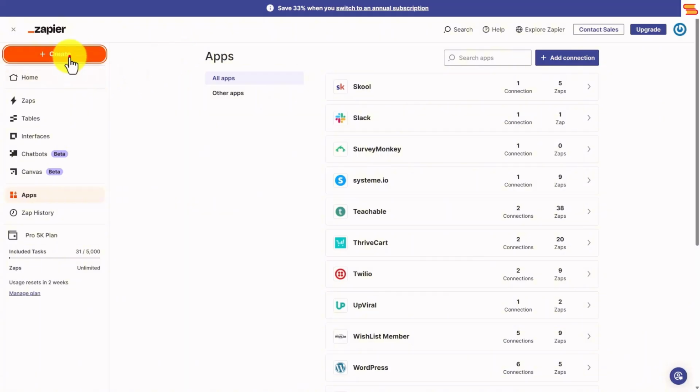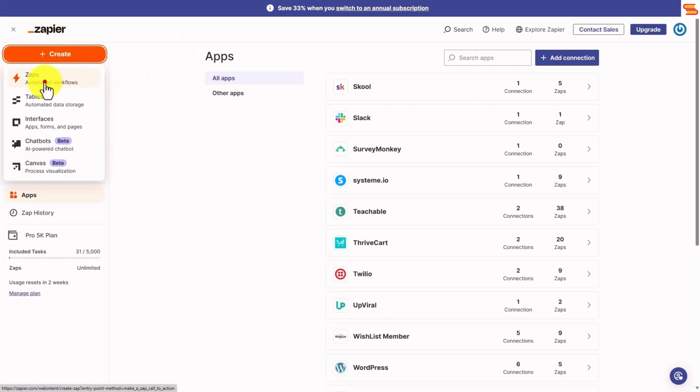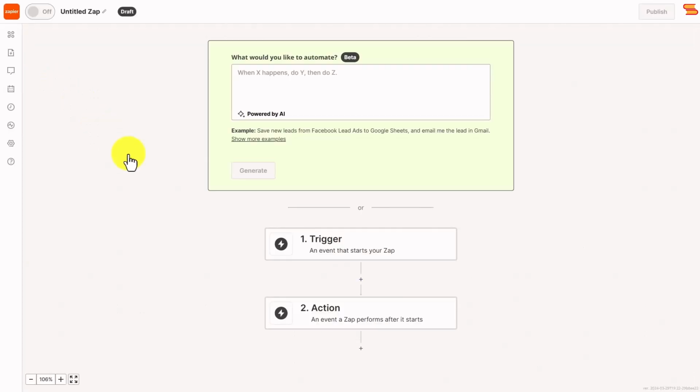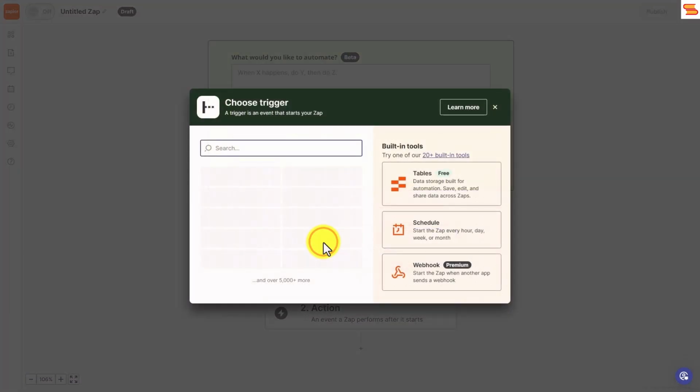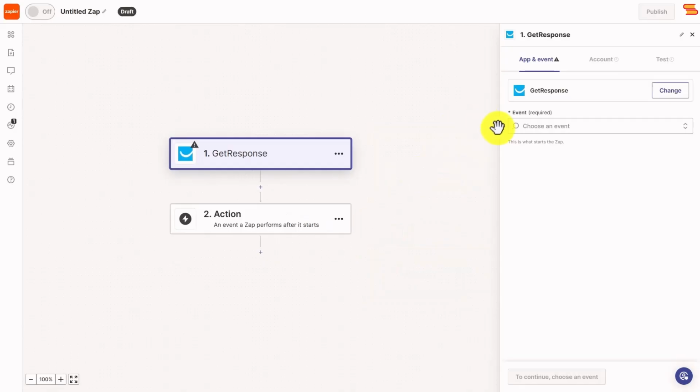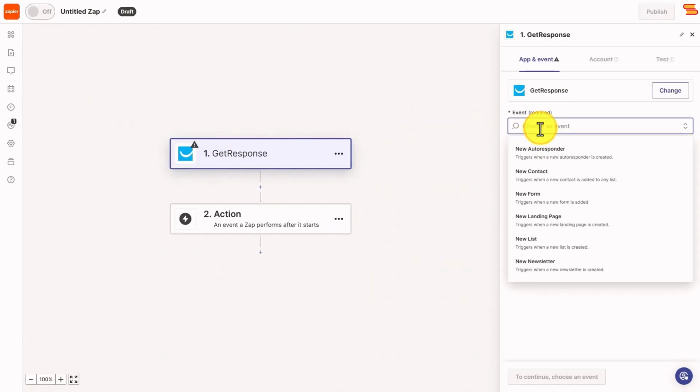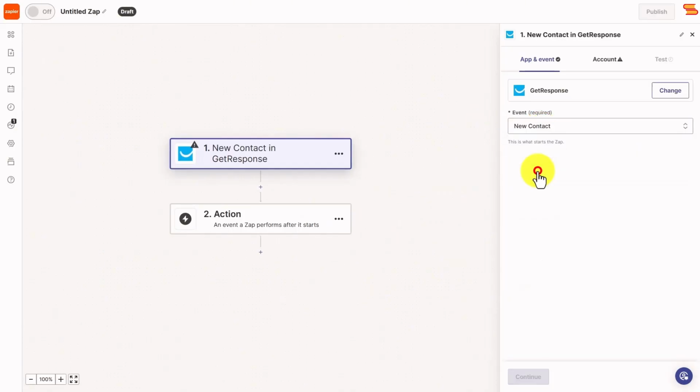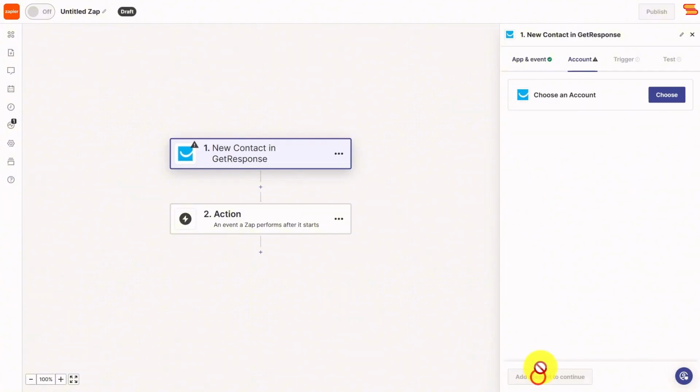Welcome back. We can create an integration with an autoresponder like GetResponse. Basically, we would make GetResponse the trigger, and we would make it so that the event would be when there is a new contact. We then click Continue. We would then make sure that our GetResponse account is connected to our Zapier account and